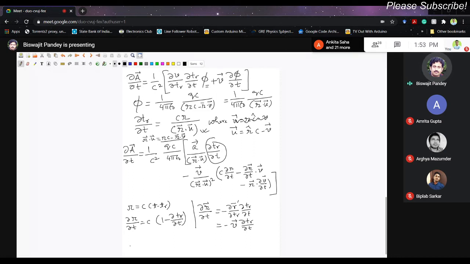And then we have ∂v/∂t. This is also known to us. What is ∂v/∂t? Again we'll do the same thing, because v is a function of t_r. So ∂v/∂t_r and ∂t_r/∂t, this one is acceleration, so equal to acceleration times ∂t_r/∂t. We have to substitute all these terms, ∂v/∂t, ∂R/∂t vector, scalar ∂R/∂t, and ∂t_r/∂t into this expression, and simplify that in order to get ∂a/∂t. Okay, so let us do that. I will write this expression again in the next page so that you can follow.